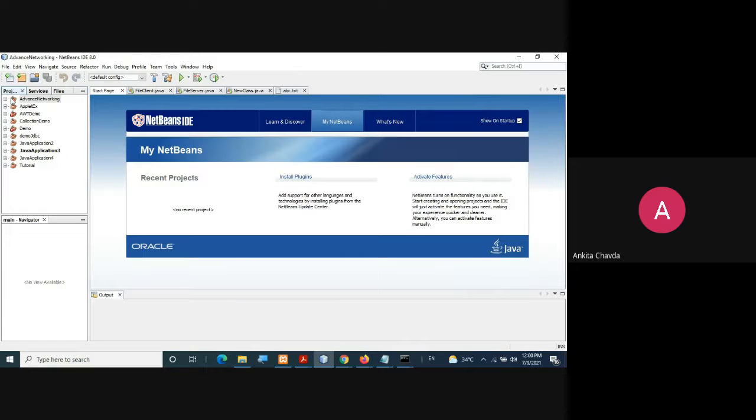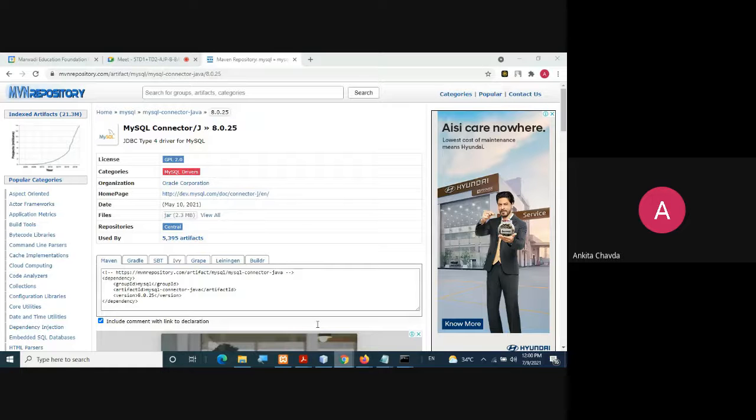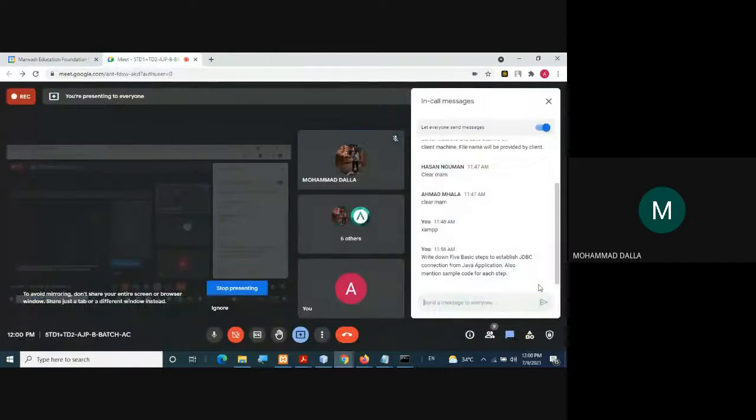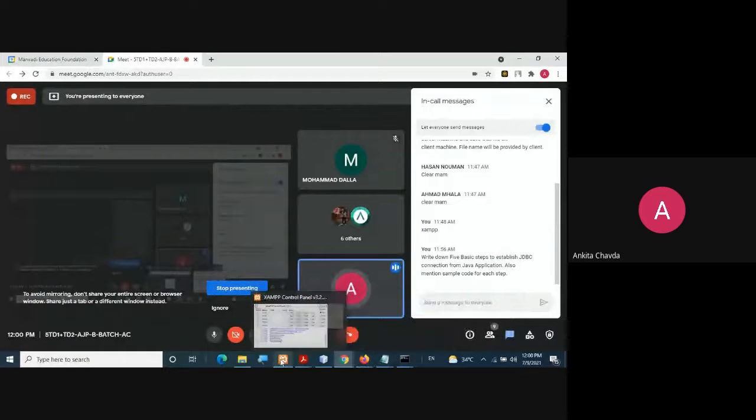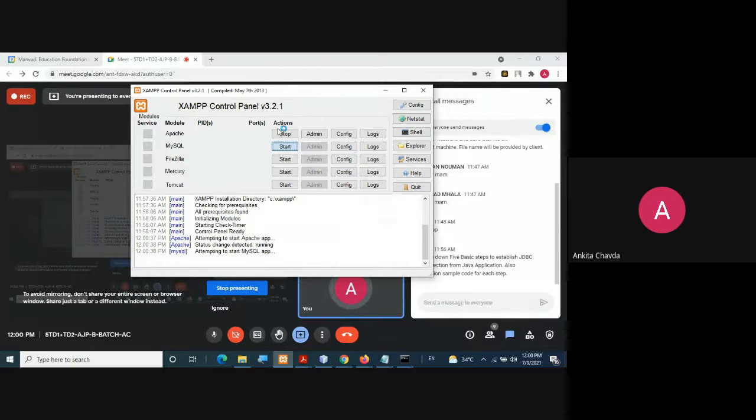So finally it would be there in your libraries. You can check here, mysql-connector-java-8.0.25.jar is there. This is by default, right? But this library you have added because in your program you are using a MySQL connection. Fine. So are you getting it, yes or no? Yes, ma'am. Great. Now, once I go to this XAMPP, you just need to start your Apache server and this MySQL. Both you just need to start. Once you start it, they will show you the port on which it is working.